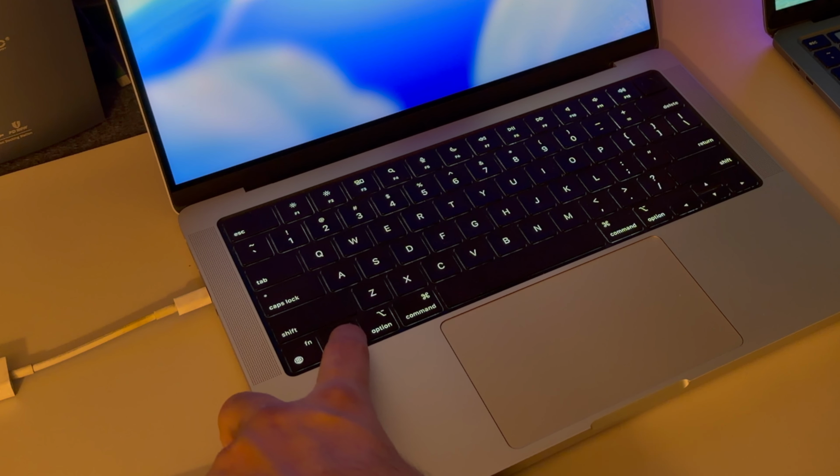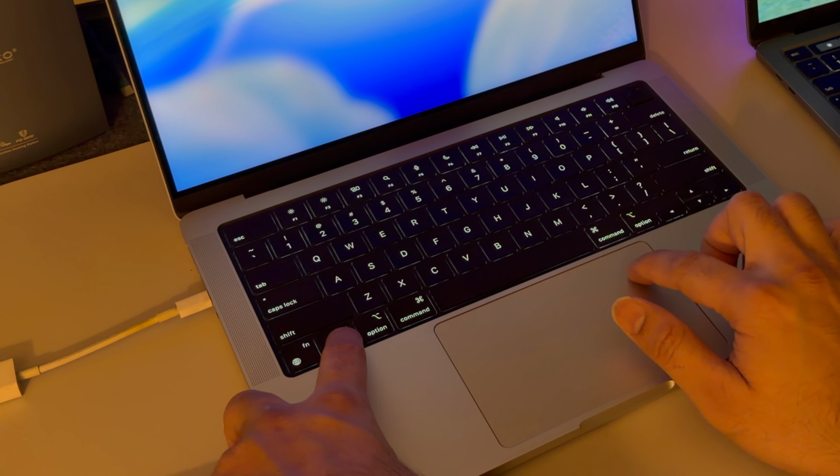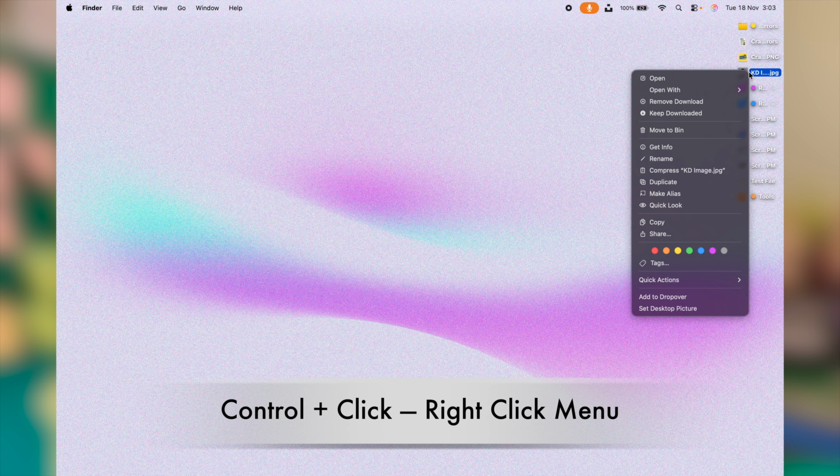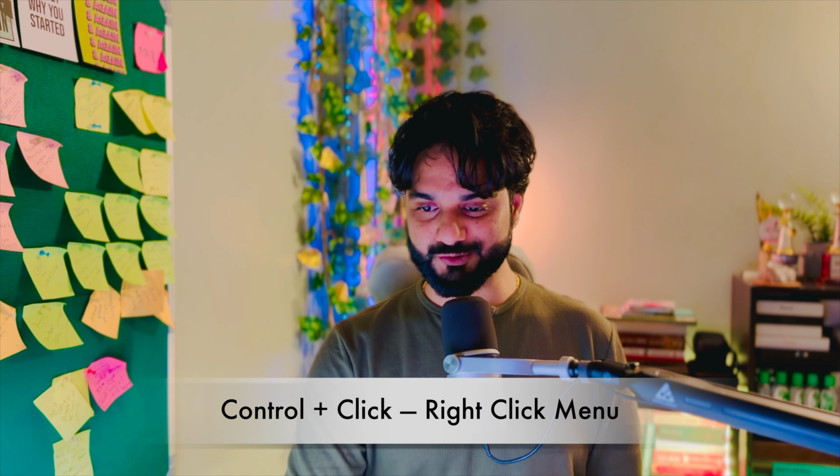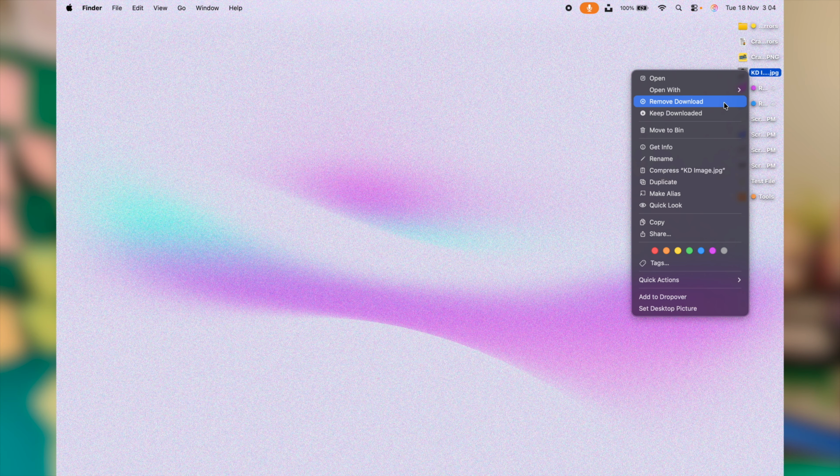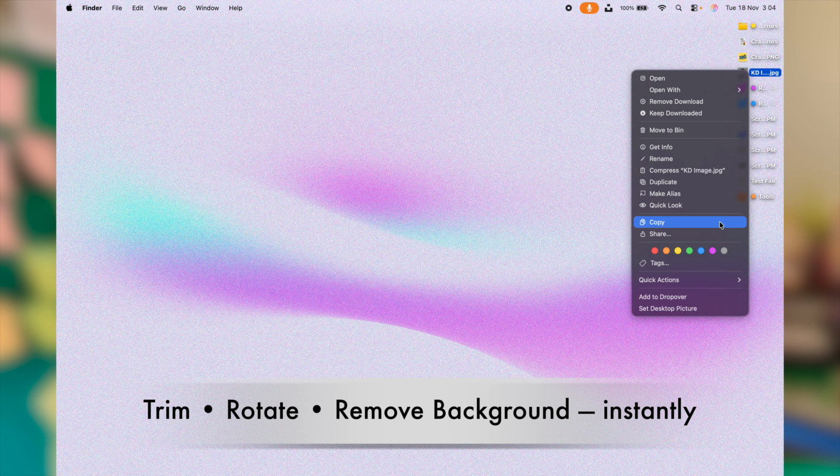Control key on Mac keyboard and a click on trackpad opens the right side menu on any file or app. Now this gives you access to the complete toolbox. For example, we have selected an image right now, and if I move the cursor to this option, quick actions, we have a submenu and we have plenty of options over here, especially if you have an image and you wish